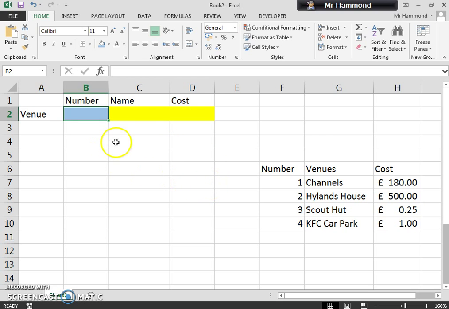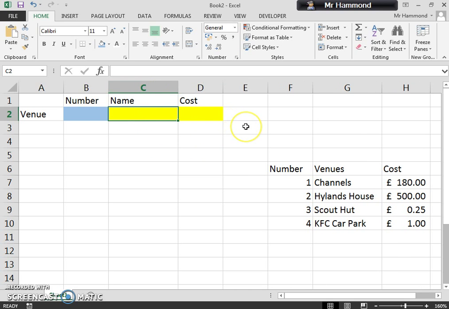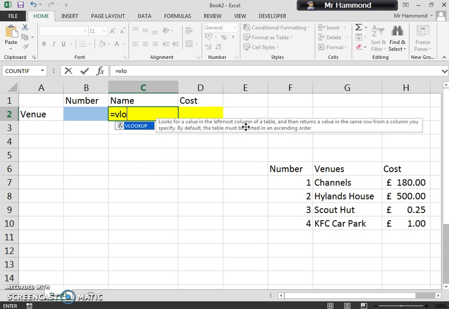Don't worry about the way it looks now. This is just me making it look pretty. So the customer will just need to type in a number, and it will look it up here and pull through the right values over there. So the formulas you need to go into, watch what I'm doing, equals VLOOKUP,